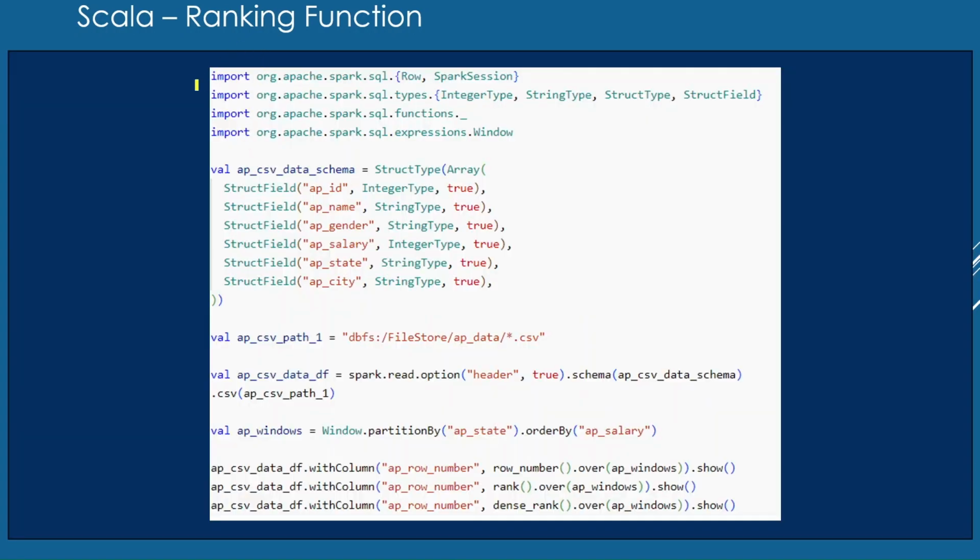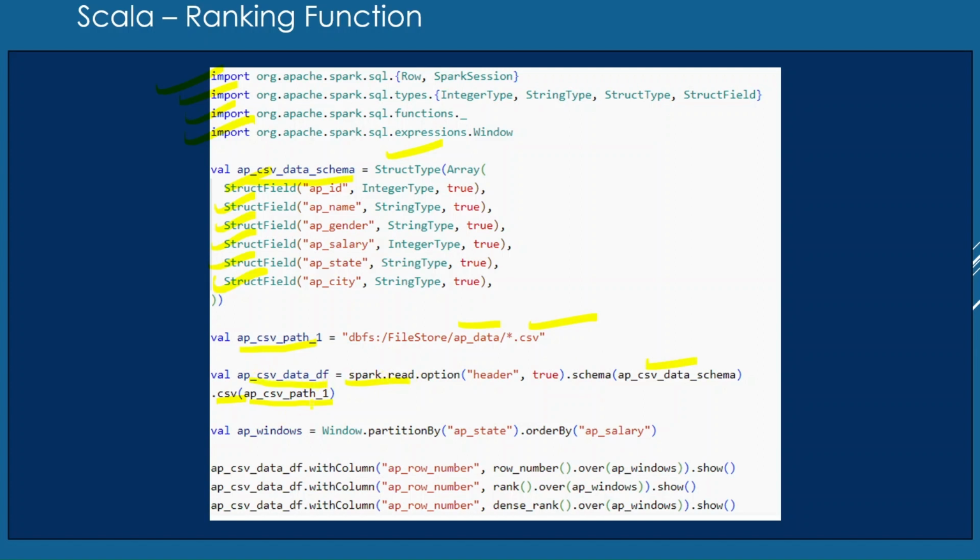So in this exercise, I am just importing all the required variables. Here I am creating a custom schema with the help of StructType and StructField. I have created 6 columns and their data types. Here I am storing a path till the folder level in a variable, where a lot of CSV files are present, and with the help of the spark.read.csv function, I am reading the CSV files present in this path with the help of this schema